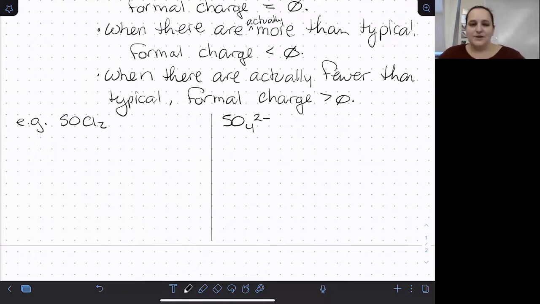Why don't you pause here and use the process we've been using for the last several videos to draw the Lewis structures for both of these formulas, SOCl2 and SO4 2-, using the rules that we've been following so far. So for SOCl2,